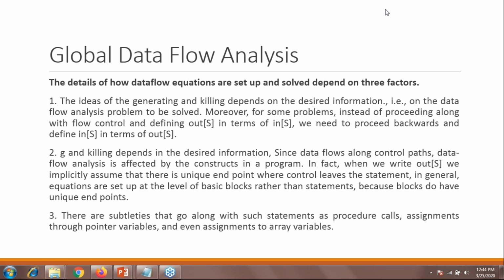So starting with the first one, it is about how you want the output to be, how you imagine your output, and how you are going to give the input to your compiler. That is the idea of generating and killing processes. It totally depends on the input of a statement in terms of the output of a statement.